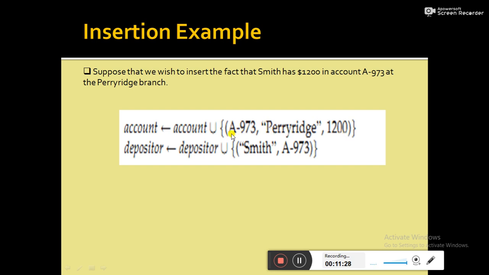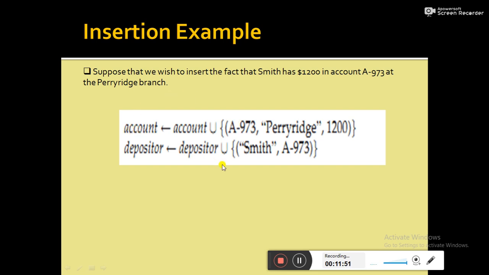So that is the record, I am directly putting it. That information is united, with the union sign, with the account, meaning the existing information. Suppose account has 10 records and this is the new record. By combining these two, we get a total of 11 records, and those records are reassigned to the